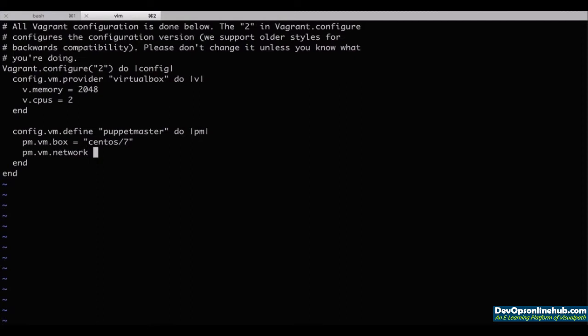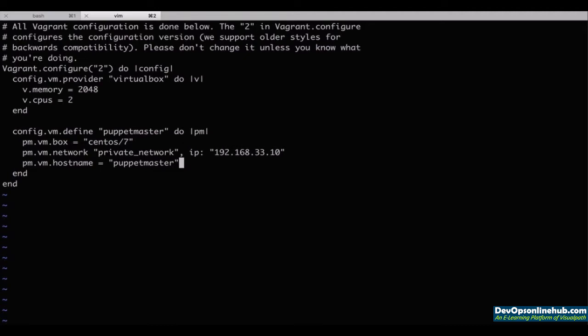This will basically define that we will have a private network with an IP address of 192.168.33.10. And the last option that we'll configure here is the host name, which will be puppetmaster. And there we have our first virtual machine configured